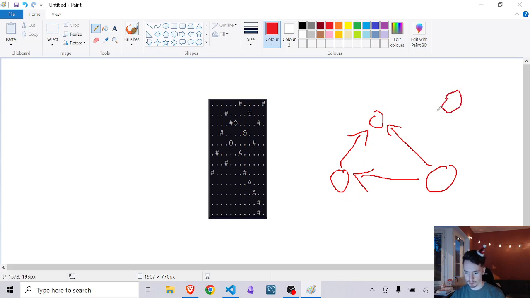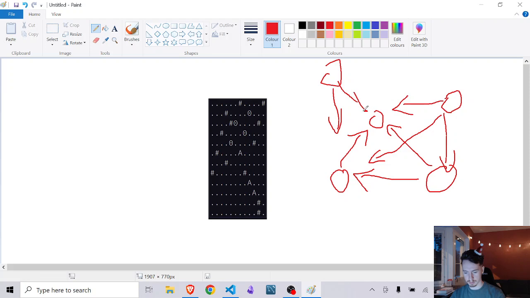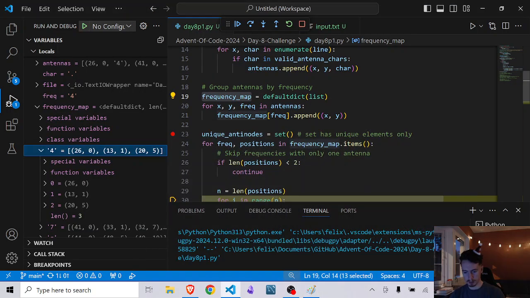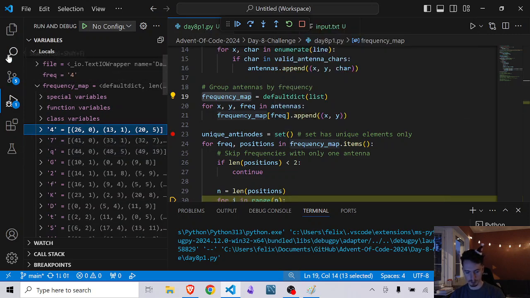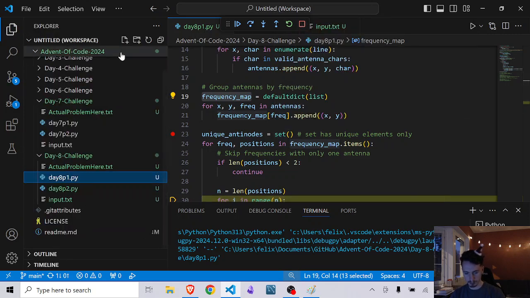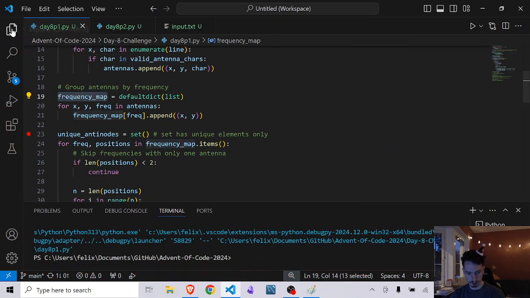If there was 4 of them, then we would have to do it like this as well, and like this as well. So it's a lot more connections. The more towers we have on the same frequency, the more lines we have to draw and things we have to connect. So it gets worse the more we have, n squared, depending on how many we have on the same frequency. But if we stop this and just keep looking through the code,